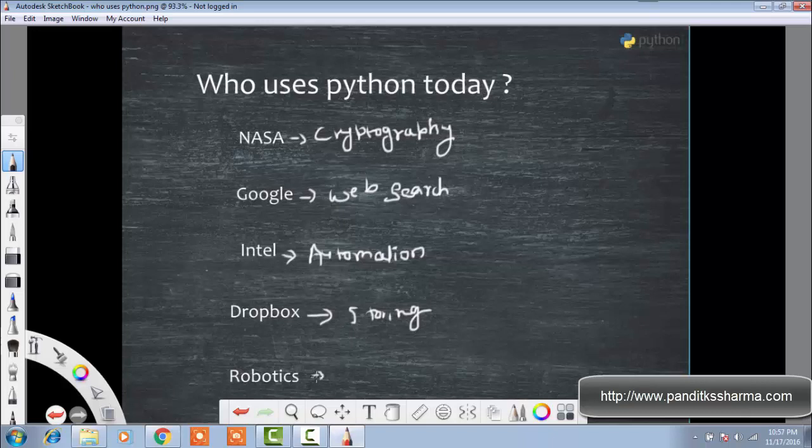And the last example is robotics. In robotics also they are using Python, because using Python libraries we can interact with the hardware, so they are using it in military robotics and general robotics. Apart from that, in Raspberry Pi, animated movies, online games, peer-to-peer sharing systems, desktop applications, and lots of software you can make in Python, and it is very easy to use.